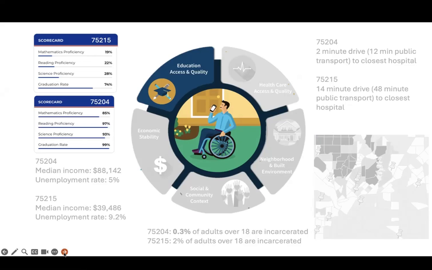Additionally, education materials are the items needed to learn within the schools. These numbers are pretty small, but you can see that the area on top has the lower life expectancy compared to the area on the bottom with the higher life expectancy. Mathematics proficiency is 19% versus 85%. In reading proficiency, 22% versus 97%. This will often reflect a difference in resources and opportunities to learn between these two communities that then contribute to the disparities in longevity.